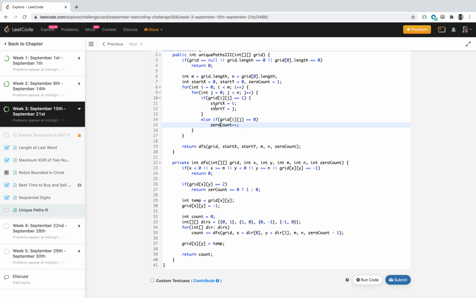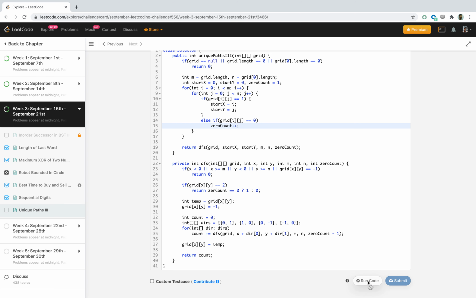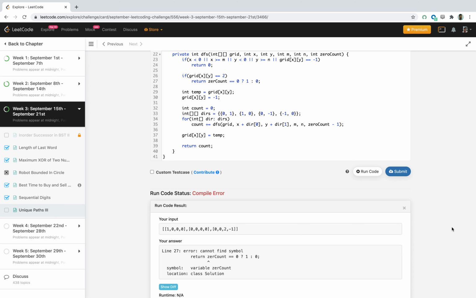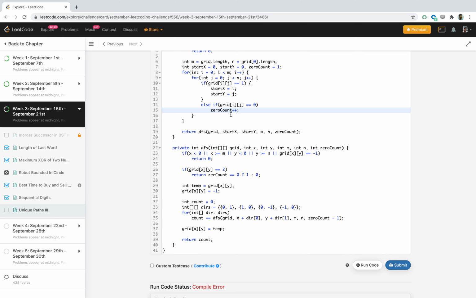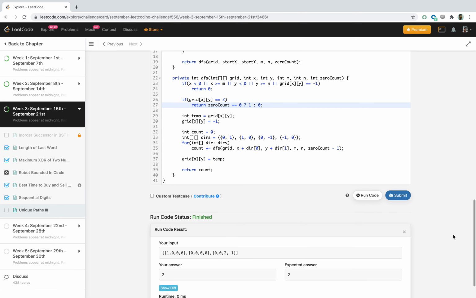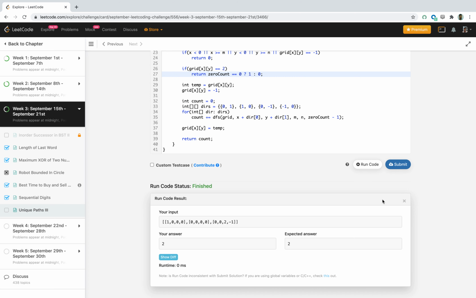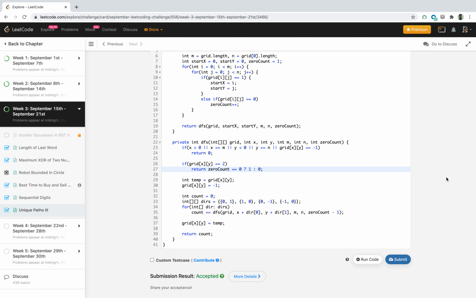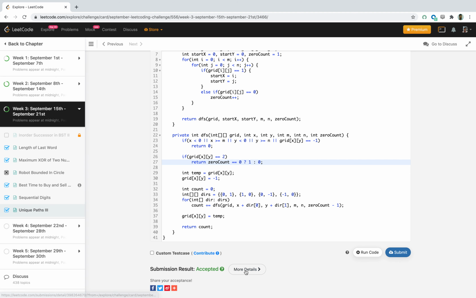Spelling mistakes here as well. So now let's submit the code. Okay, so our solution is accepted.